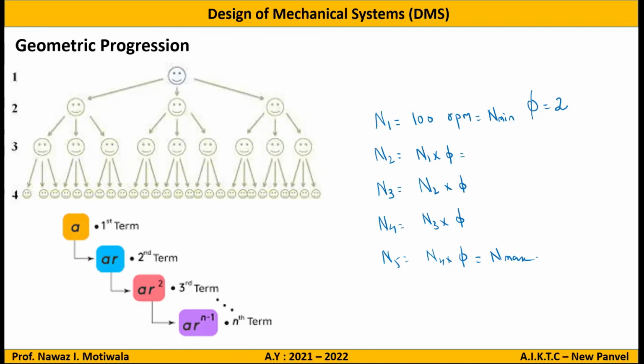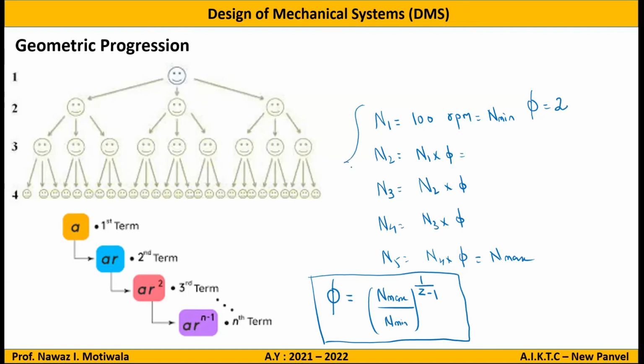And now I have told you what is the reason that we follow mostly geometrical progression many times. Okay, so in all our problems also we will follow geometric progression only. So the first step in any problem will now become to find out the ratio, or you can say common ratio, for which I have given you the formula. The common ratio is phi is equal to n max upon n min raised to 1 upon z minus 1. So when you get phi, that is the common ratio, then you can find out all these values.